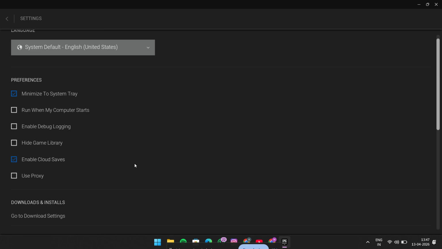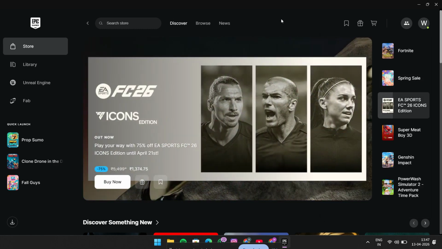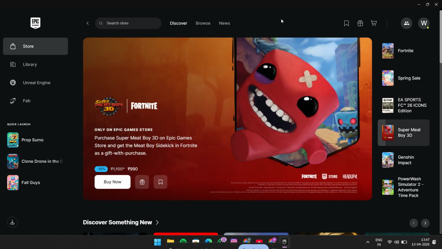After you've enabled it, your data will begin syncing automatically whenever the game and launcher support Cloud Save functionality. This means if you switch to another device later, or if you reinstall a game, your saved data should be available when you log back in. It's a simple step, but it can save you a lot of frustration if you ever lose local files or